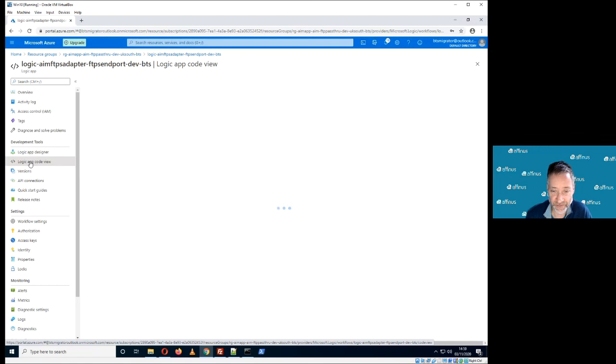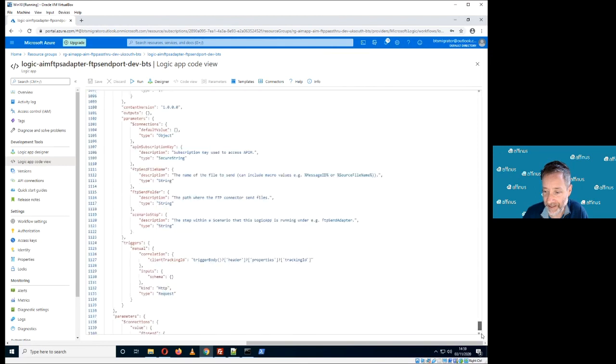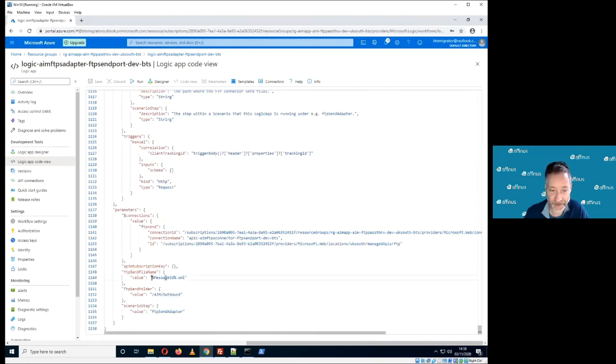I seem to be having issues with the portal today, but when this eventually loads up, what you'll see at the bottom, here we go, down under the parameters, is that the output file name is a BizTalk macro. So it's the default macro you get with the send port in BizTalk, which is percentage message ID percentage.xml. So the unique ID for that message. That's what was in the send port. Yeah. Okay, so